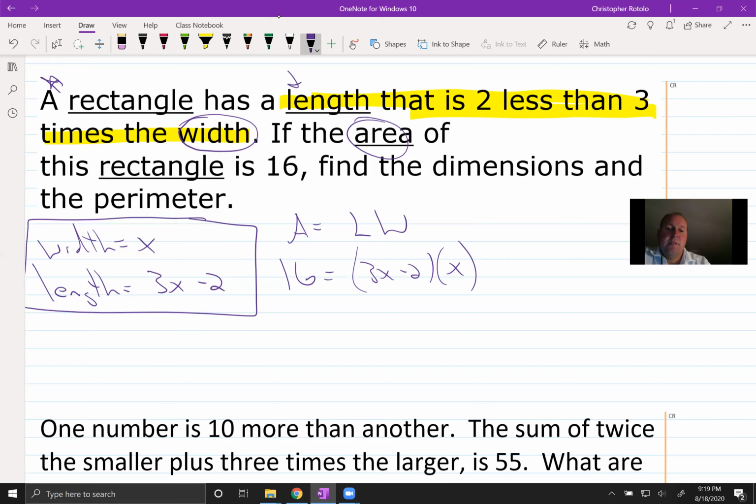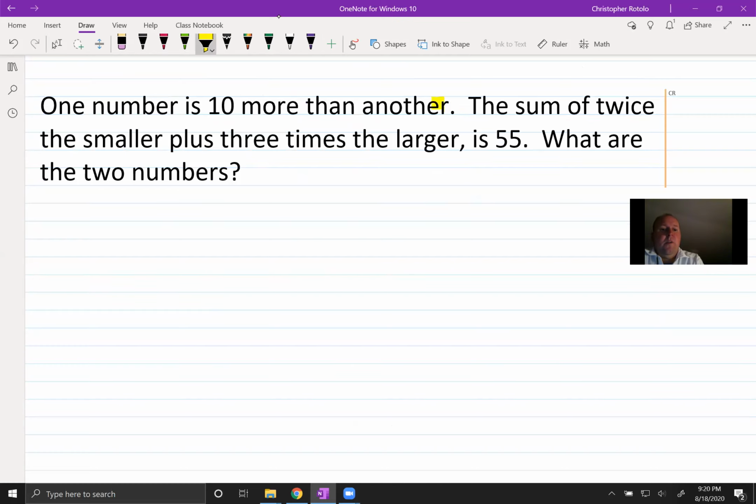All right, so let's try it again. One number is 10 more than another. That's x. One number is x plus 10. The sum of twice the smaller plus 3 times the larger. So that means I want to add something together. What do I want to add together? Twice the smaller plus 3 times the larger